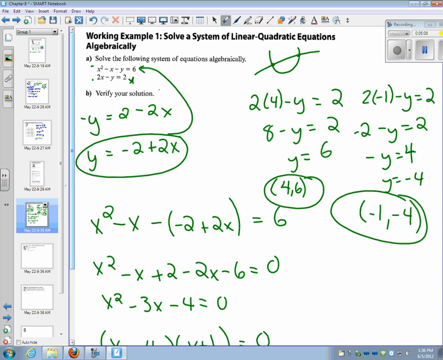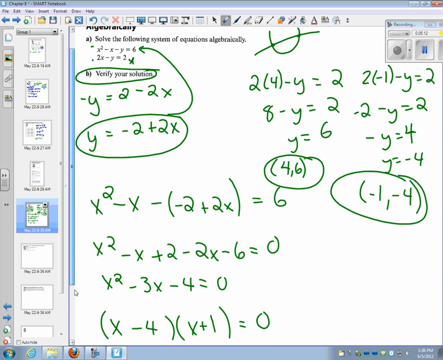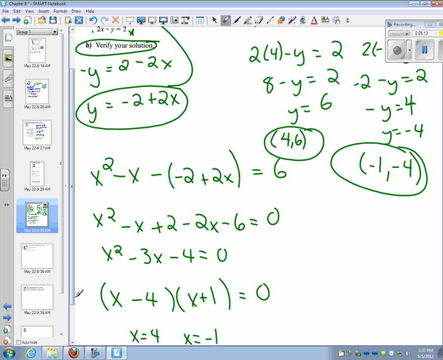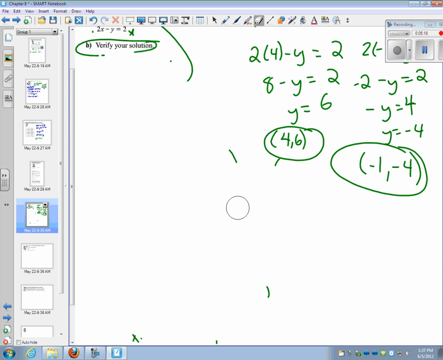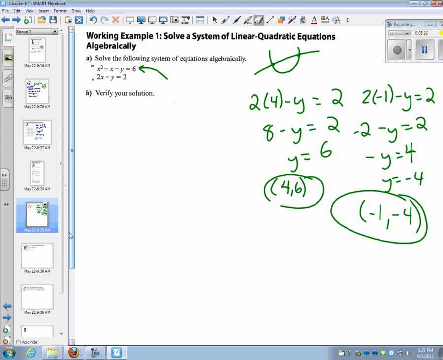But the last part says I must verify. So to verify, I need to sub into both original equations and make sure that they satisfy those equations. So first of all, let's try this 4, 6. We are verifying 4, 6. So I need to put it into both equations. So in equation 1,